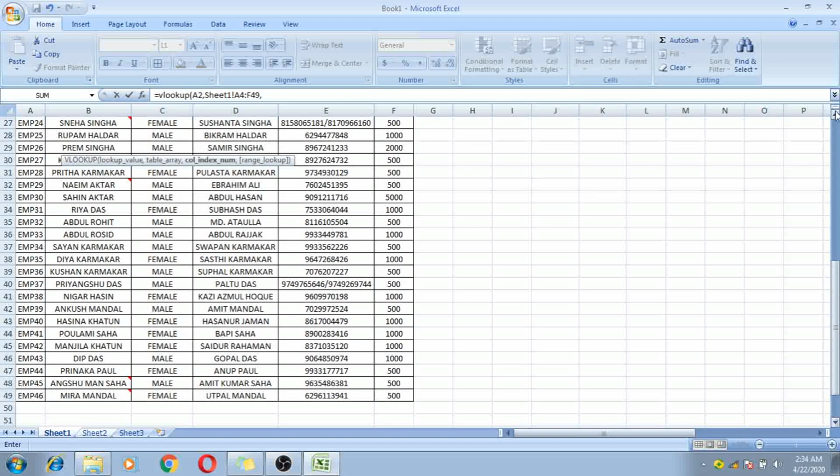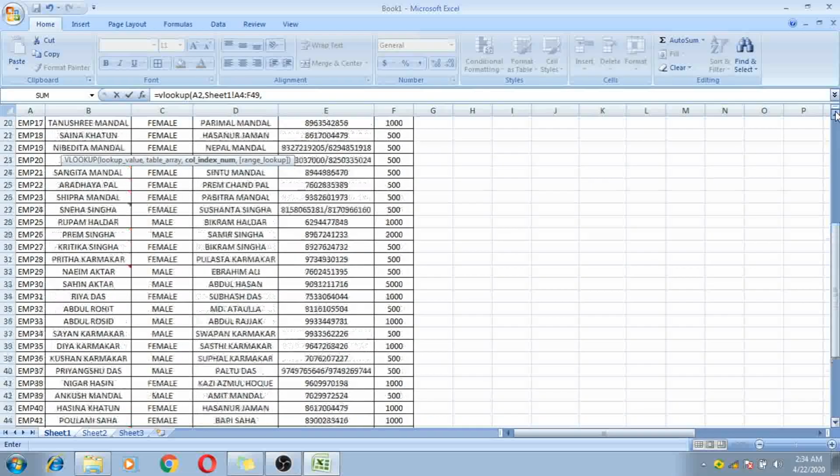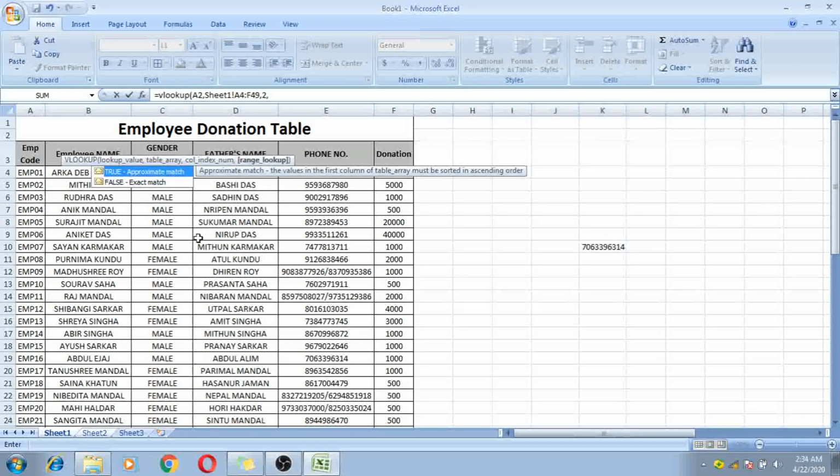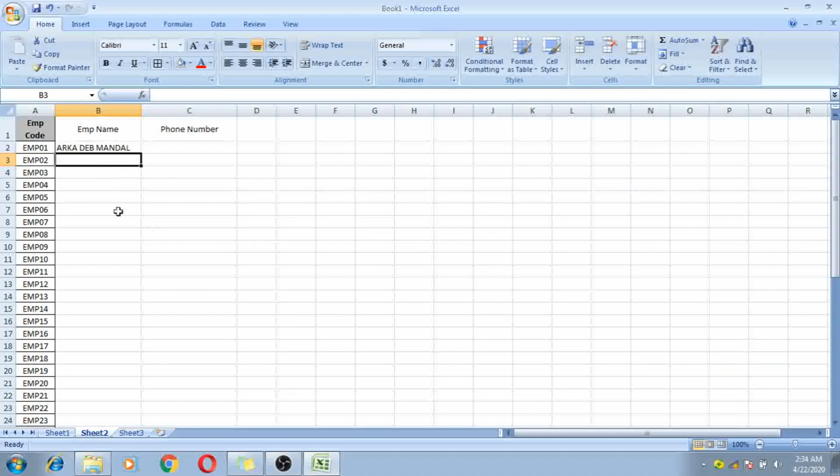The employee name column index number is 1 2, so give 2, then comma, then again exact match, give 0, then bracket close, enter. So the name will come, then drag it to the end of the column.